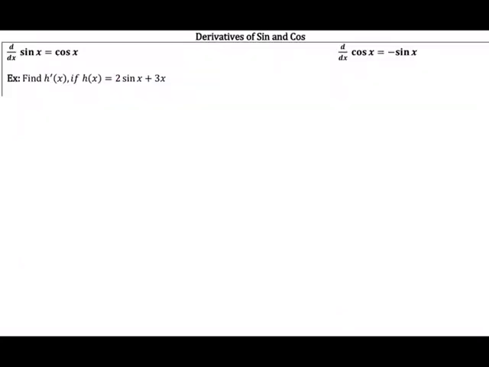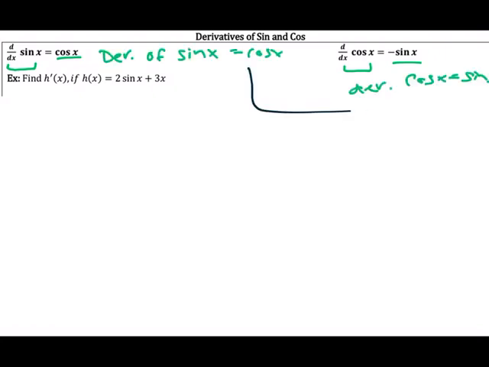We will prove this in class, but the derivative of sine is cosine, and the derivative of cosine is negative sine. Both of these facts you need to know, so you need to memorize those two facts. So let's use the fact that we now know the derivative of sine and cosine to find the derivative of